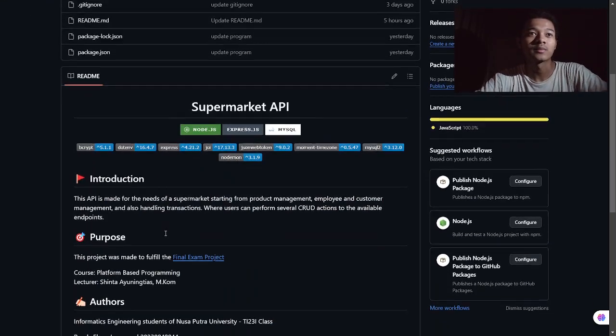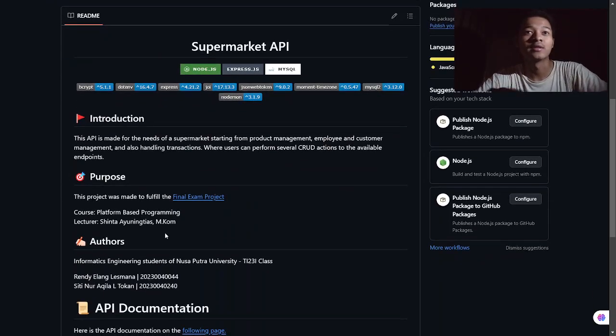And here, the introduction of this API is Supermarket API. This API is made for the needs of a supermarket, starting from product management, employee and customer management, and also handling transactions, where users can perform several CRUD actions like create, read, update, delete to the available